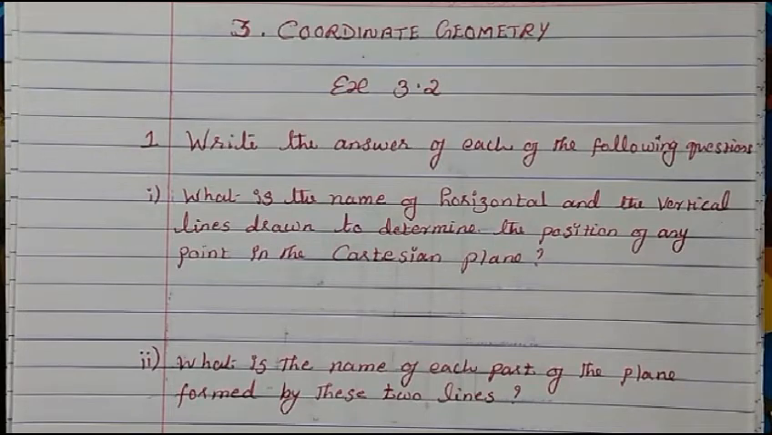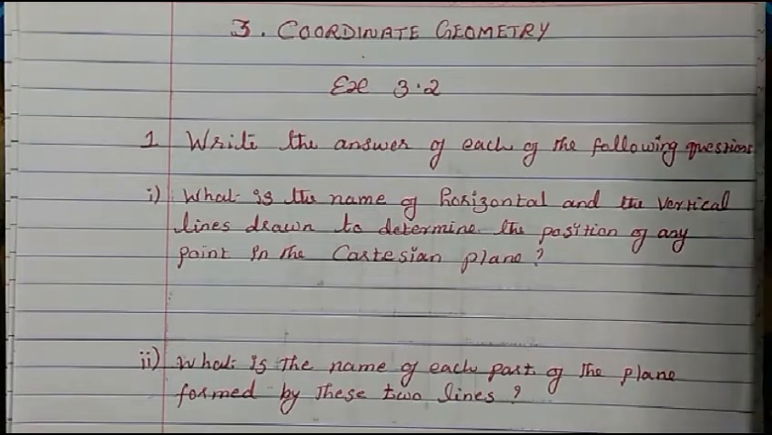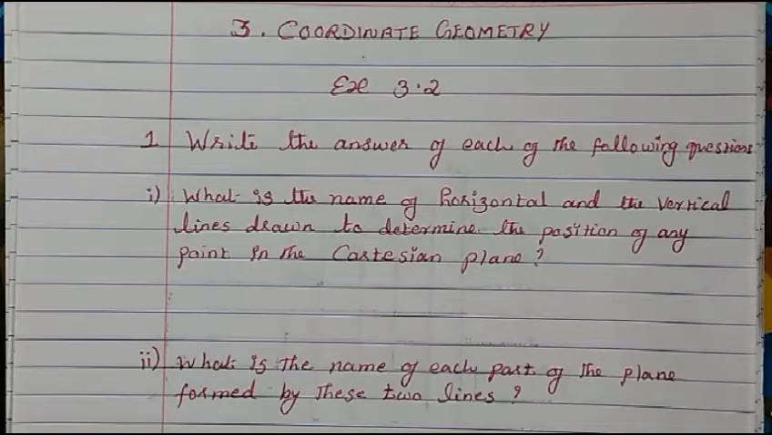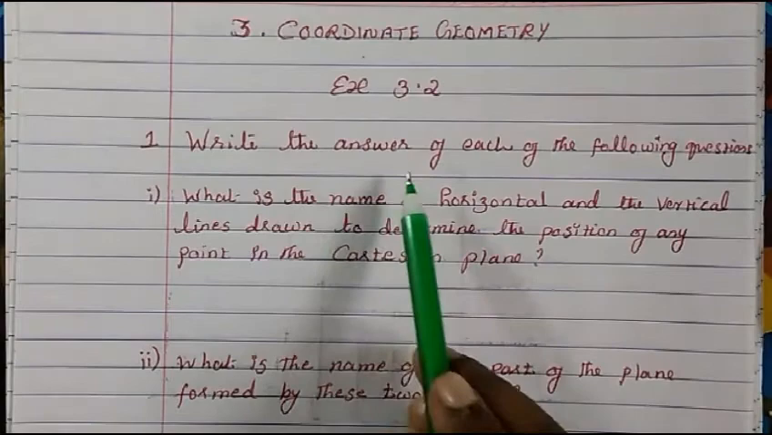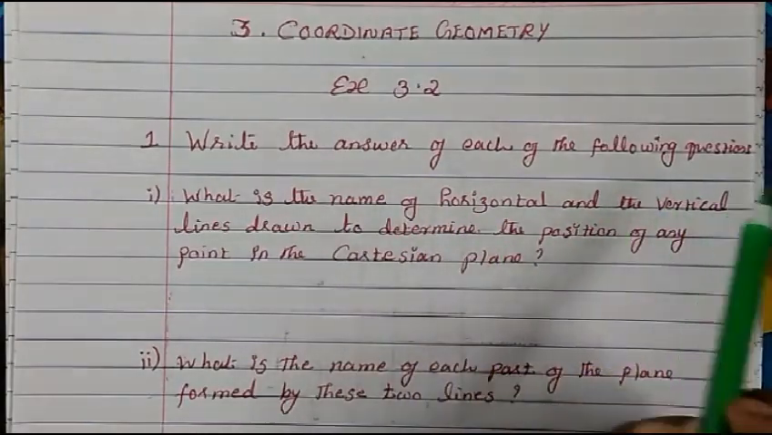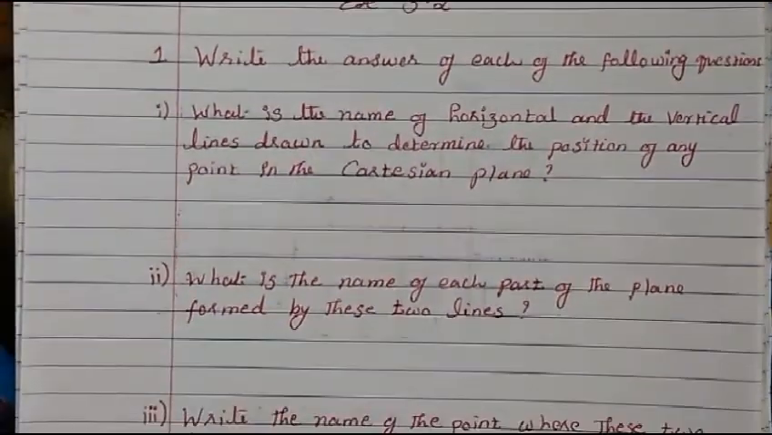Today we are going to study from class 9, chapter 3, coordinate geometry, exercise 3.2, question 1 and 2. So let's see question 1. It's very easy, this chapter and the questions also, but you have to make your concept very clear. Okay, so let's begin. The first question, write the answer of each of the following questions. So the first question is,